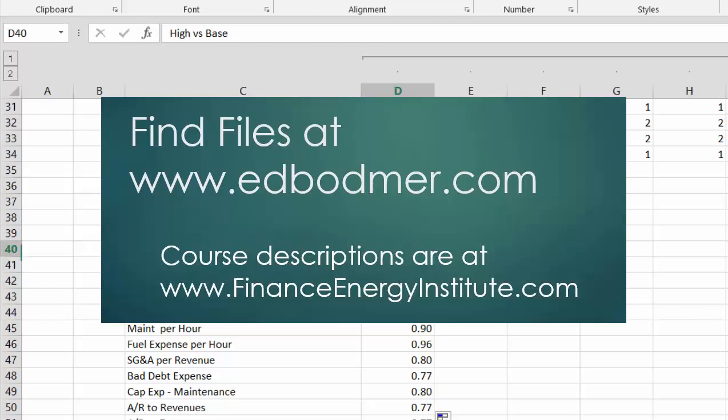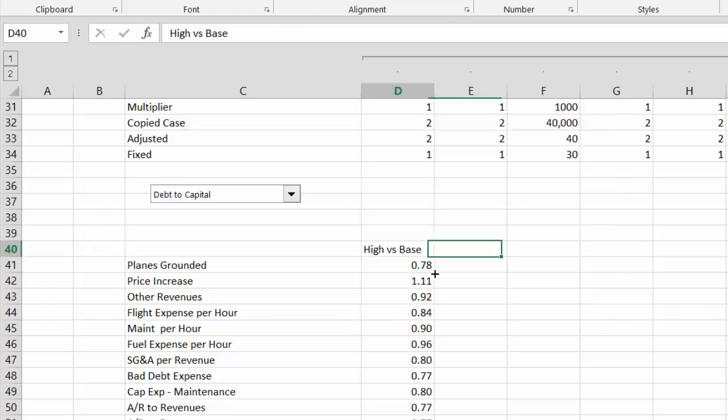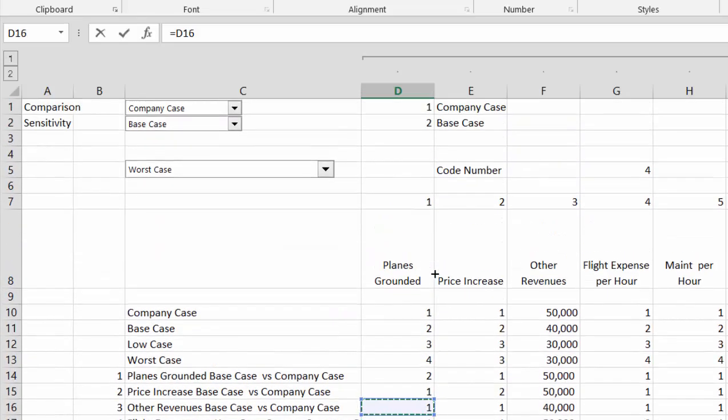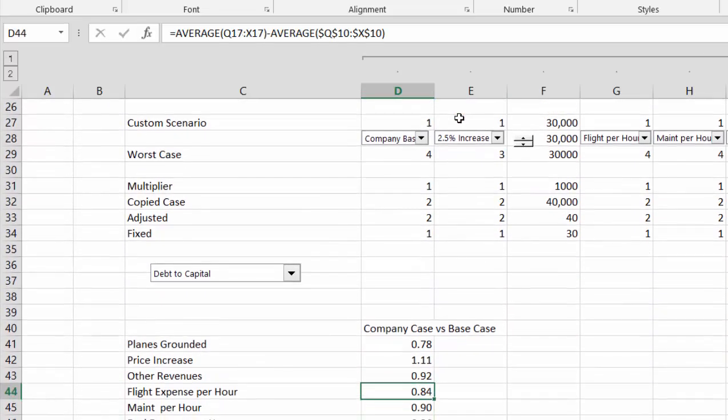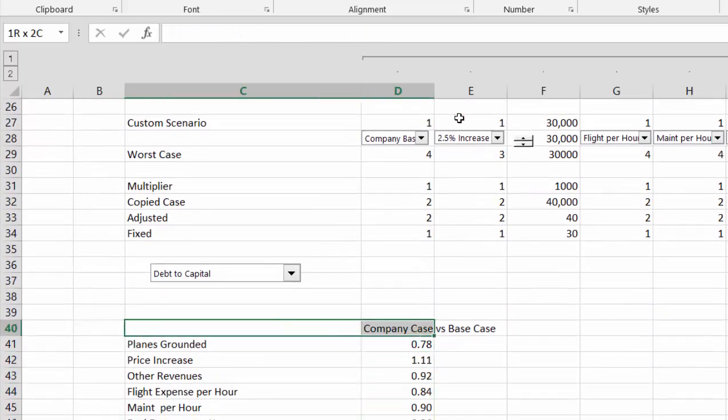Oh, I'm sorry, we just have this. This is the company case versus the base case. Okay, we didn't put a downside case and all that in our thing,